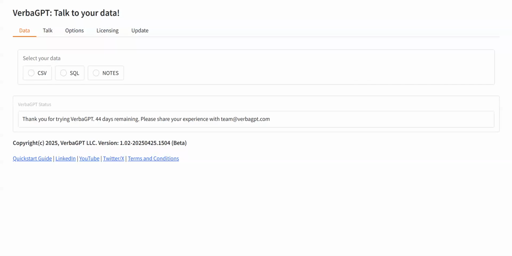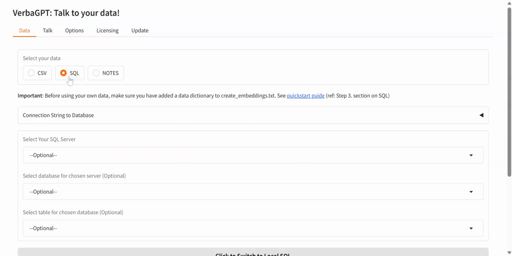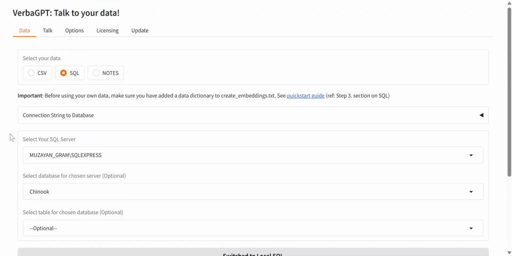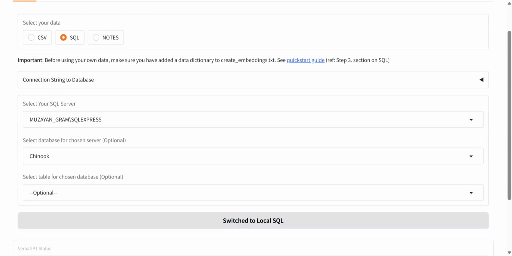In this example, I'm going to show how we can connect to a SQL database and ask a question that involves some kind of a little bit complicated joins. So I'm going to connect to SQL here, to a local SQL server. I'm going to select Chinook data, which is sort of a sample database that has a somewhat complicated schema. So tables join to each other with different column names,